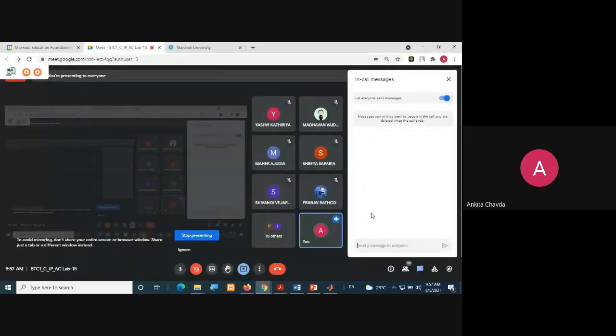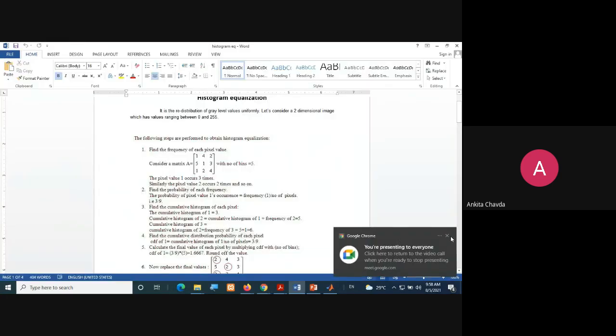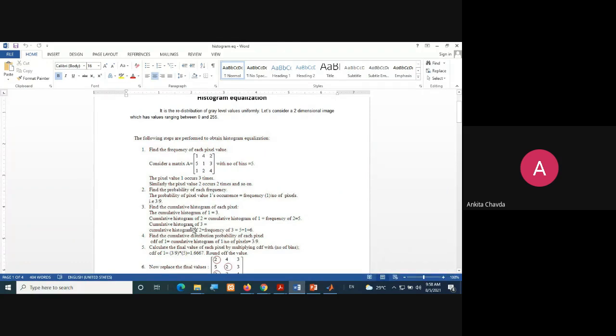You are going to calculate everything and write everything. Then and only then will you be able to understand the program, otherwise not. You need to understand the whole process step by step, because these are the steps we are actually doing in the program. Both the steps are the same.